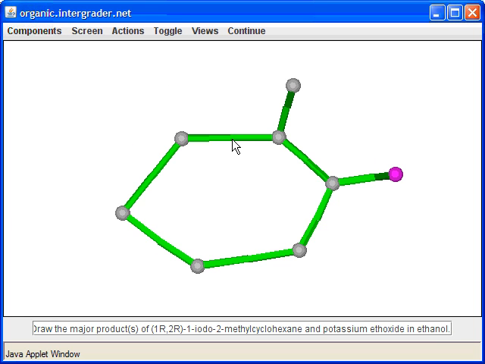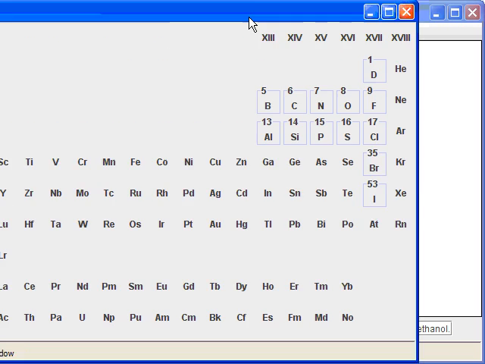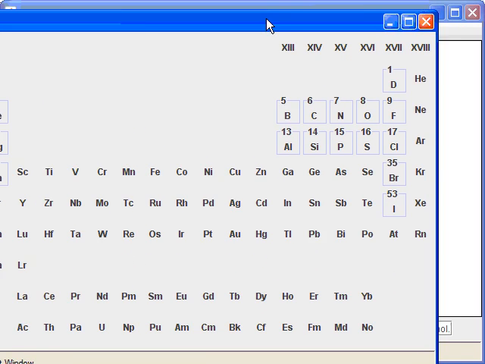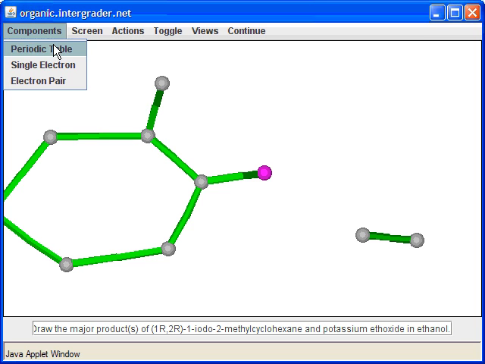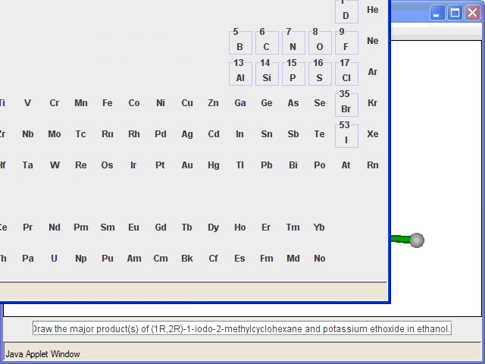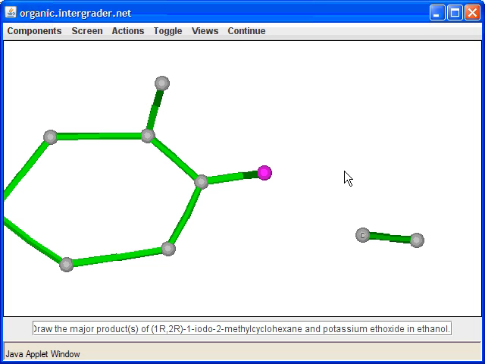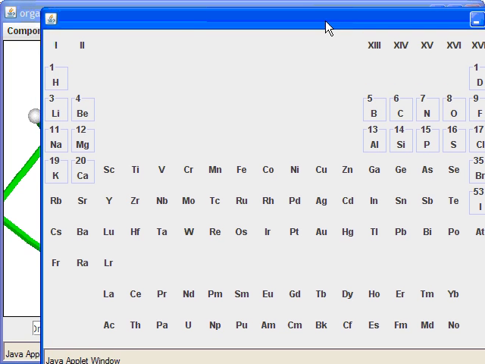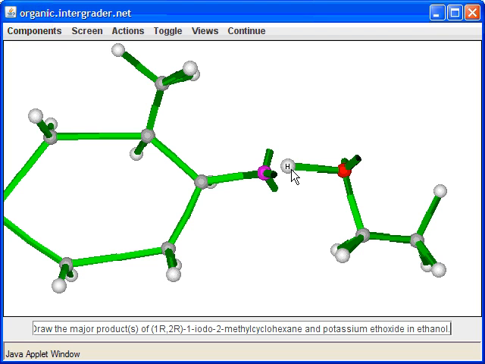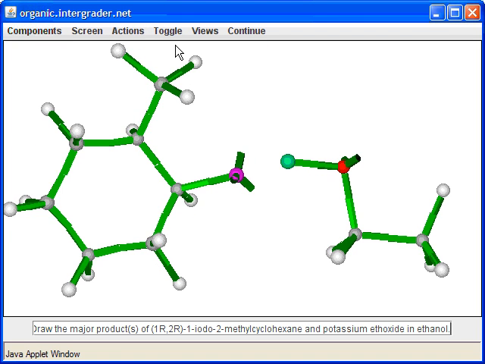So let me move this. And this time we won't make a mistake of which spectre element to have. So let's put our methoxide in here. And oxygen, because it's an alkoxide. That's why it's called an oxide also. And then let me add the hydrogens. And then finally I'll go ahead and put potassium in here.